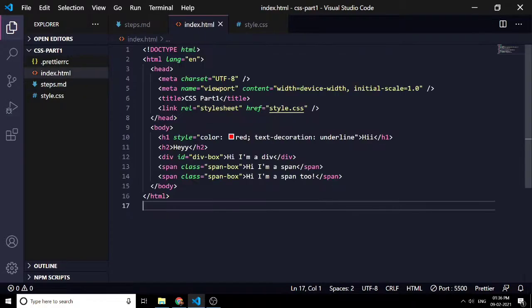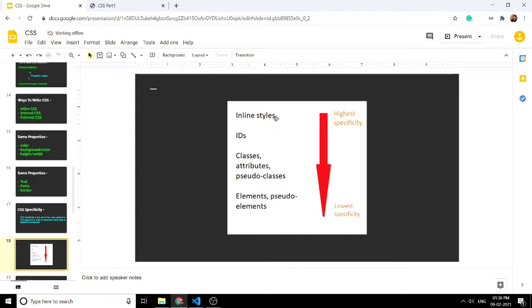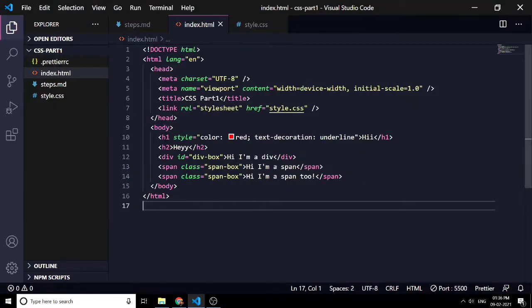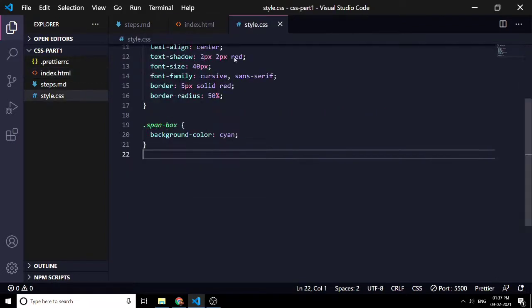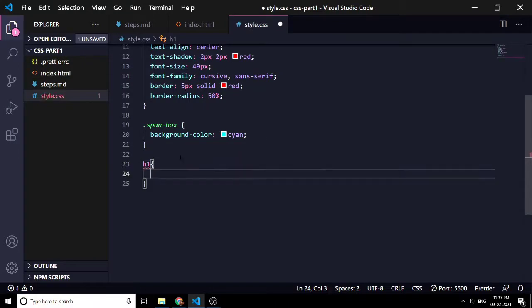If you remember from the chart, the highest specificity is of inline styles and the lowest is of elements. So let's check it. Here in the h1 tag we have an inline style of color red. Let's try giving it the color blue with the help of an element selector. So if we select the element with the help of the element selector, let's give it a color blue.